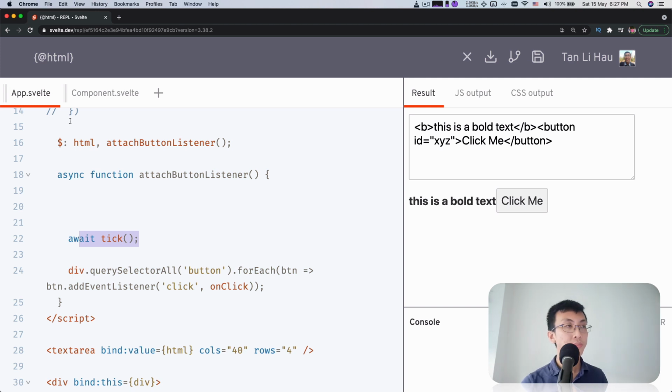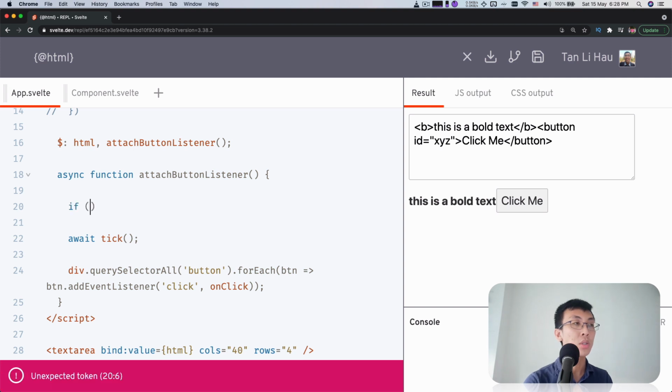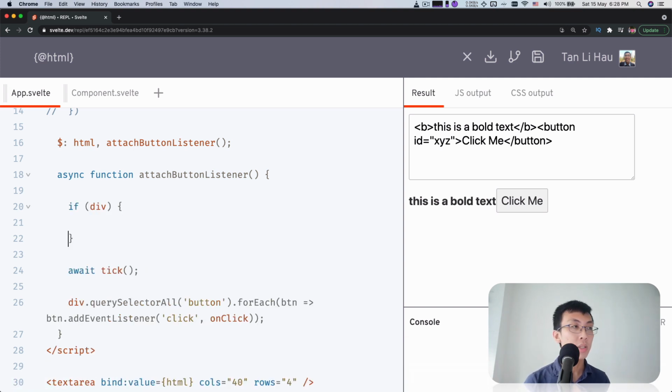You call this function, but the update hasn't been done yet, right? So we wait for a tick, we wait for the changes to be actually applied to the DOM, then we select the newly created buttons and attach event listeners. So there's always the prior phase, before the update is done or before things have been created. Over here, we can find all the buttons that we have and then remove event listeners from them, right? So here, I would need to check if this is defined first, because